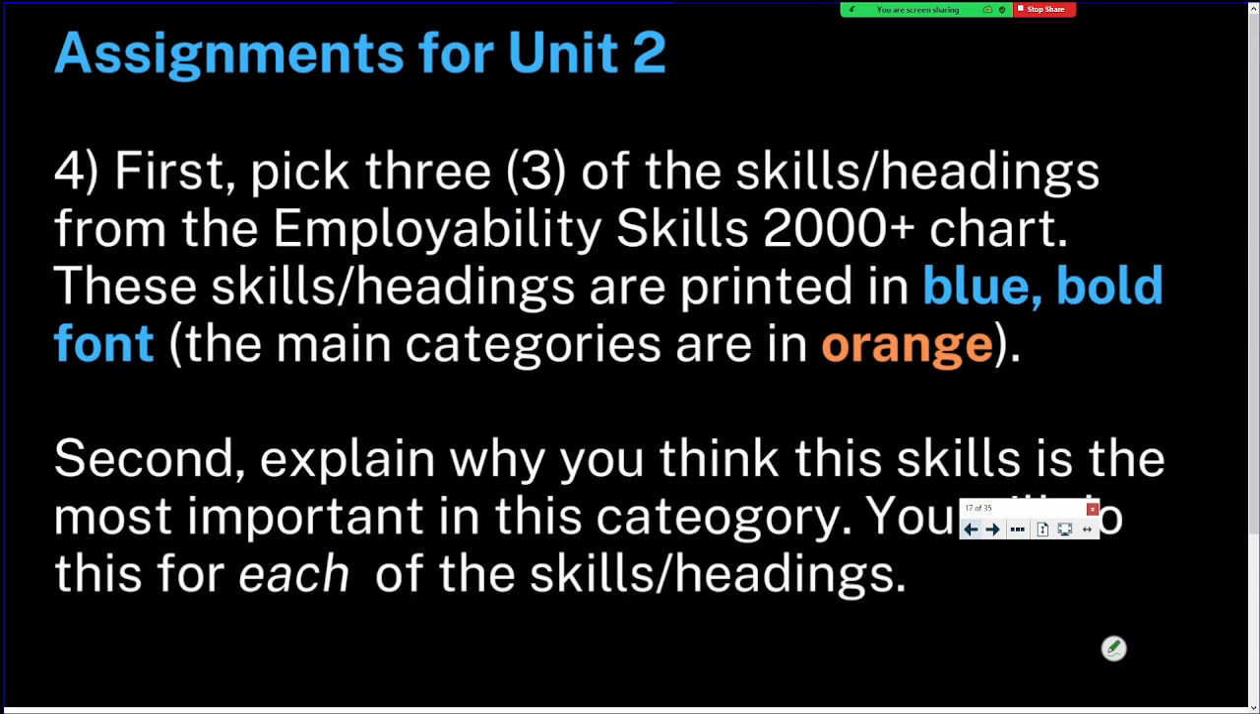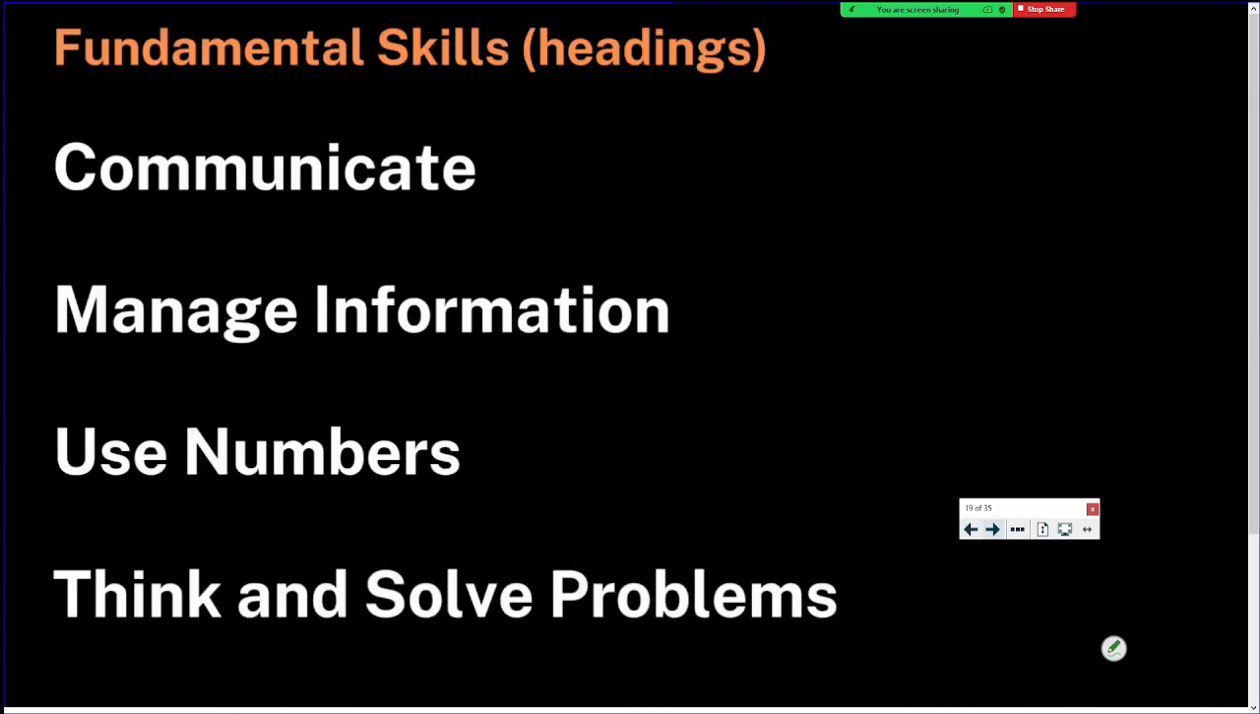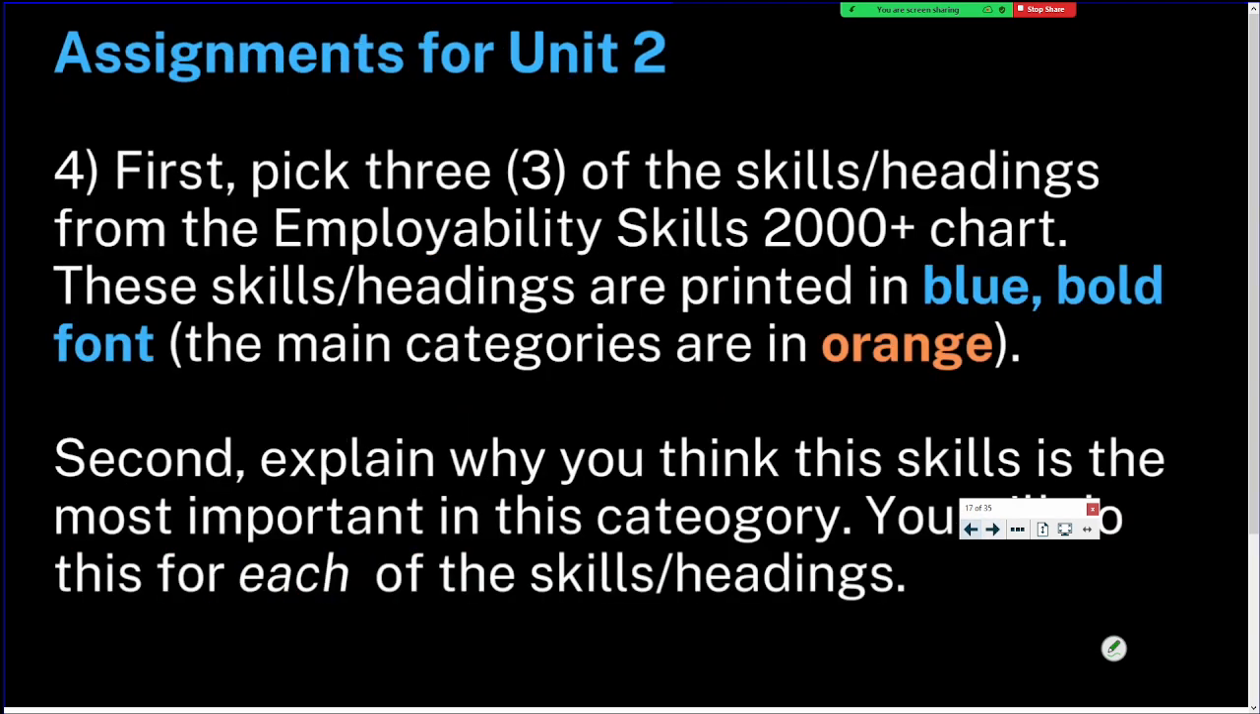If you go back to the first question, what you have to do is pick 3 of the skill headings, and that's in blue and bold. So, for example, under fundamental skills: communicate, manage information, use numbers, think and solve problems. So I pick 3 of the skill headings, and explain why you think